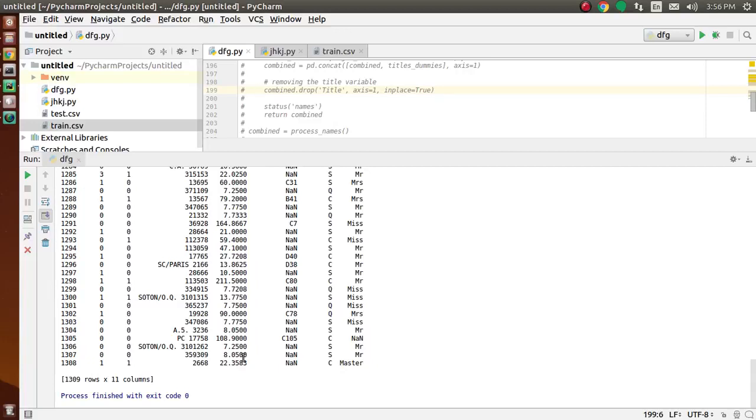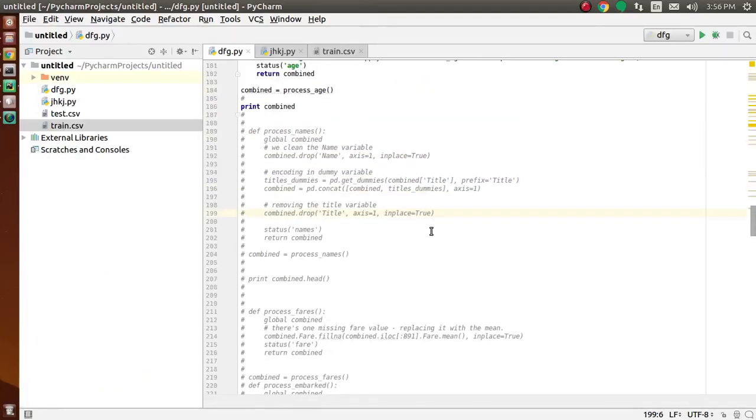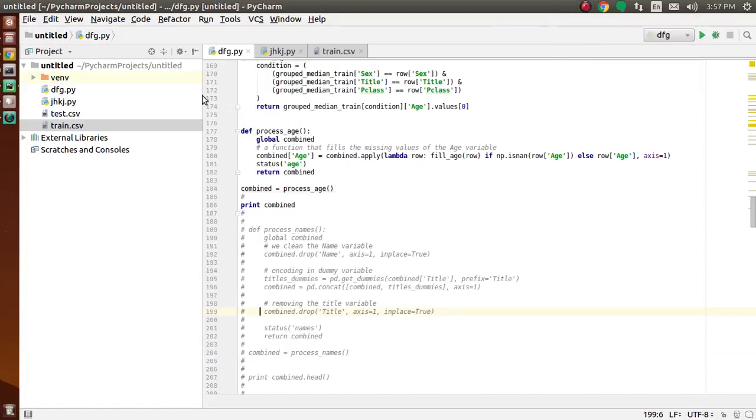After that we create a function that fills in the missing age in the combined data based on the different attributes corresponding to title and sex. Here you can see we notice a missing value in fare and two missing values in embarked and a lot of missing values in cabin. We will come back to these variables later.